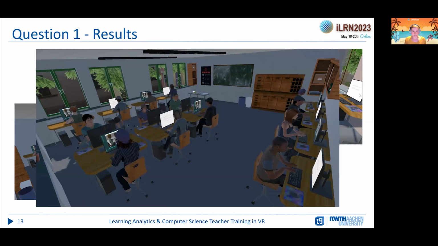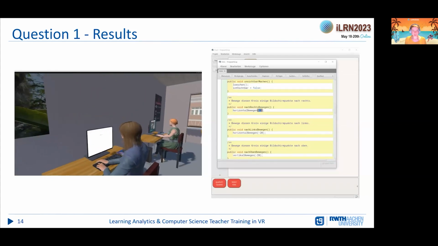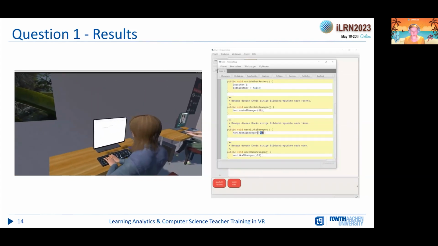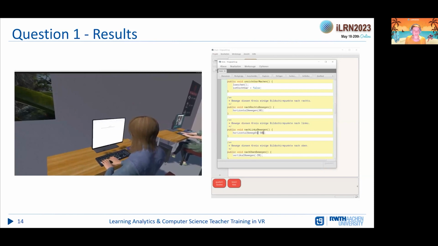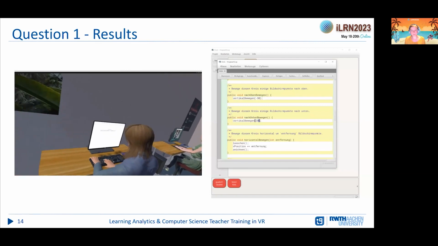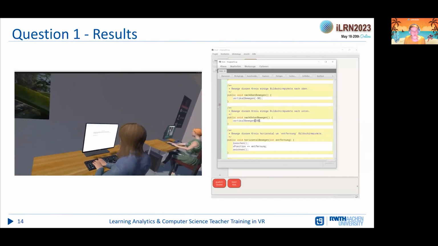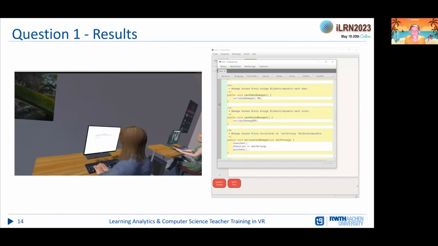Here is another angle, so you can see some of them are programming in Unity. They program themselves. And sometimes videos show more than pictures. This is me looking at them when they are programming, and on the right side you can see that we have different options what we display at the monitors. Everyone can add whatever he or she likes, and there is some students programming in BlueJ.